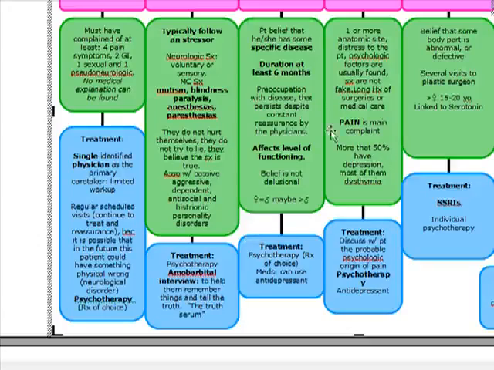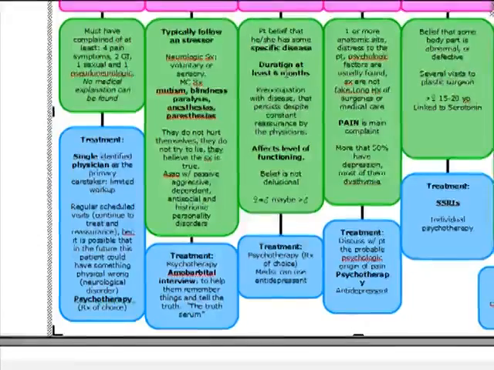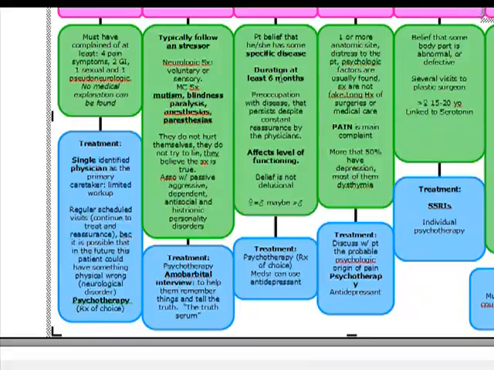Now, hypochondriasis. Hypochondriasis is not what we lived through when we were studying pathology in our second year of medical school. These patients actually believe they have a specific disease, okay? And what's beautiful about psychiatry is the fact that it becomes easy because it's very easy to put in algorithms, and there's also diagnostic criteria, okay? So if you see someone on the test that looks like they have hypochondriasis, but they have a duration of less than 6 months, it's not going to be hypochondriasis, okay?